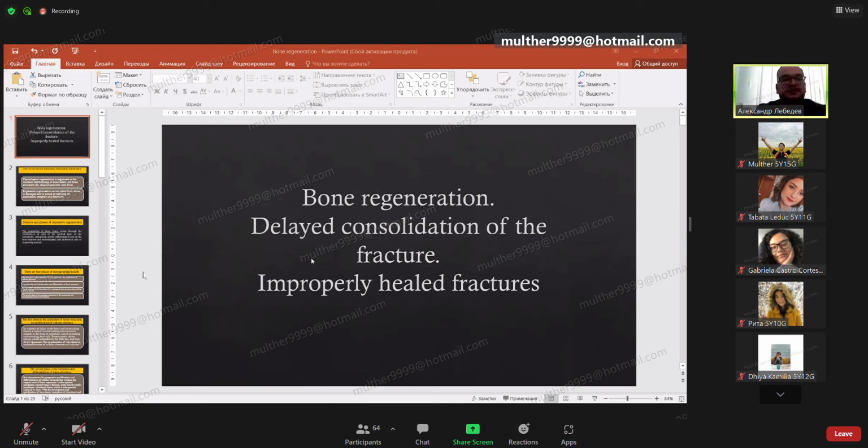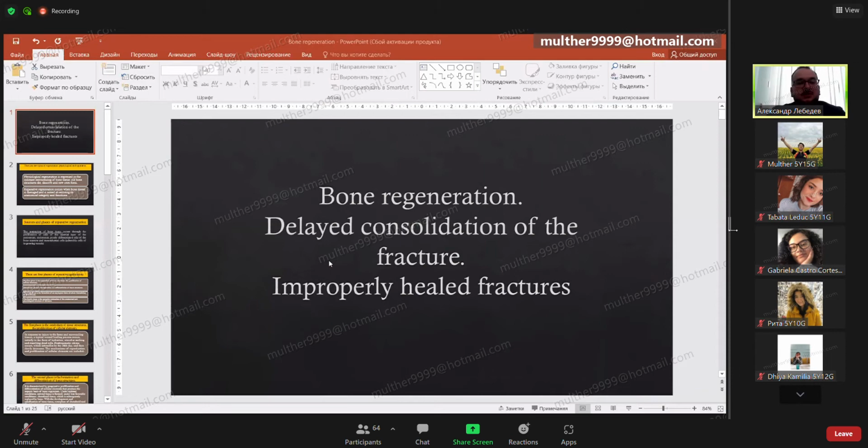All, maybe today we speak about the late problems of our patients. If a patient is admitted to our department with a different localization of fractures, you spoke with us all semester about the different localizations of fractures in your first semester. In your second semester we speak about the orthopedic problems,